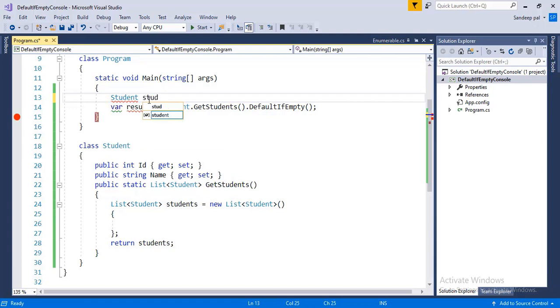Now I am creating a student type variable named student and assigning some default values here and passing this variable into the DefaultIfEmpty method. And the null value should be replaced with this variable.